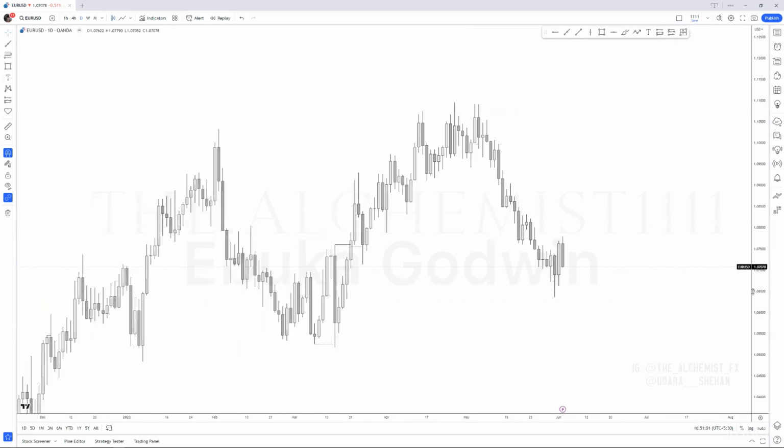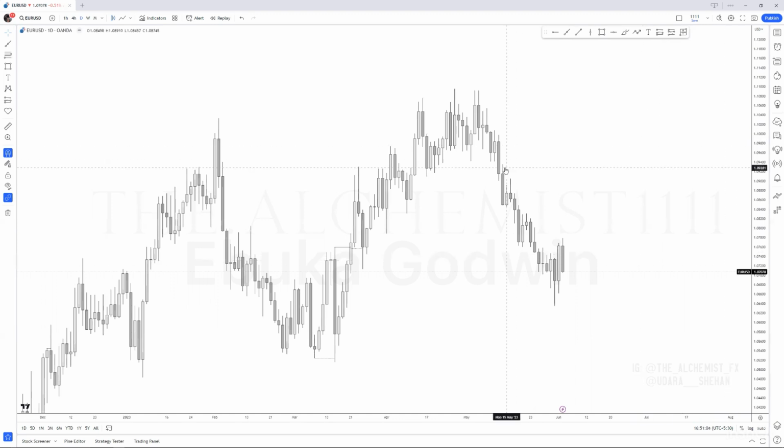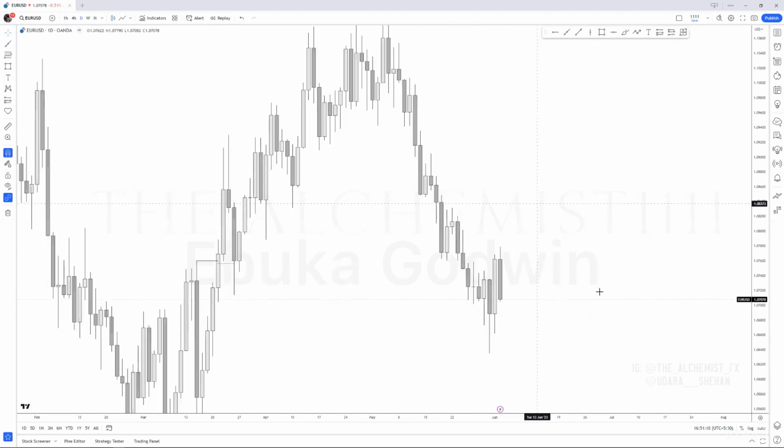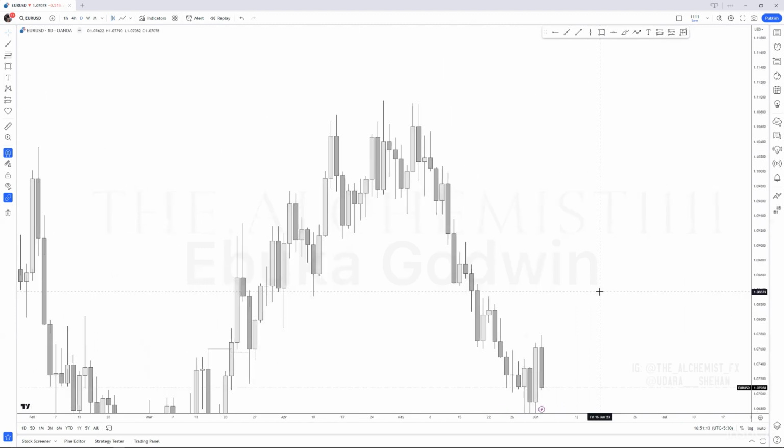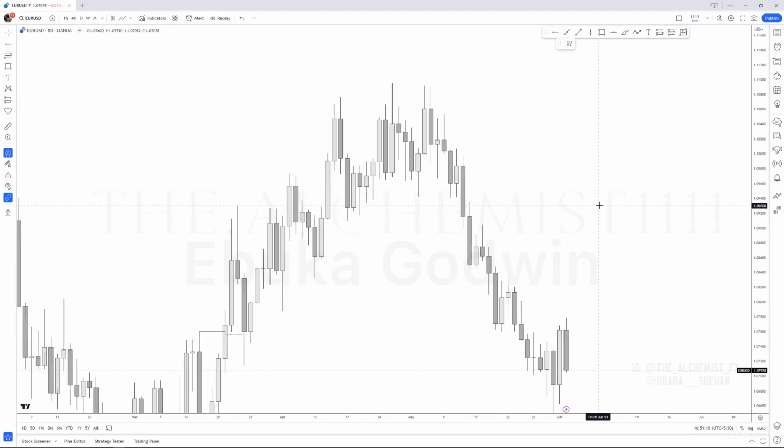Make sure you do your own analysis as well. Because what if I die, right? It could happen to any of us. So you can't rely on my signals or setups right away. So please make sure you do your own practice as well. Yeah, let's just look into some zones.